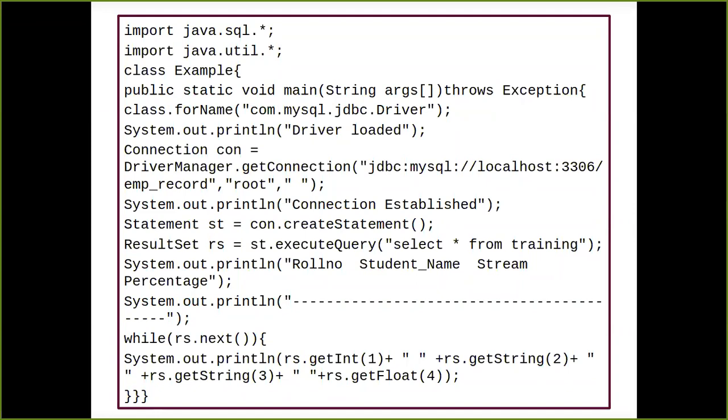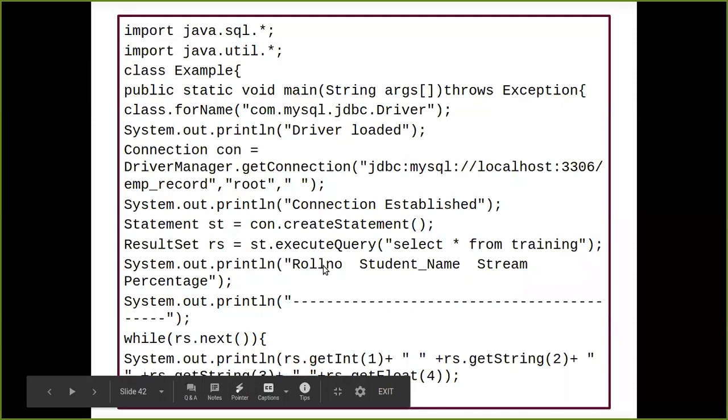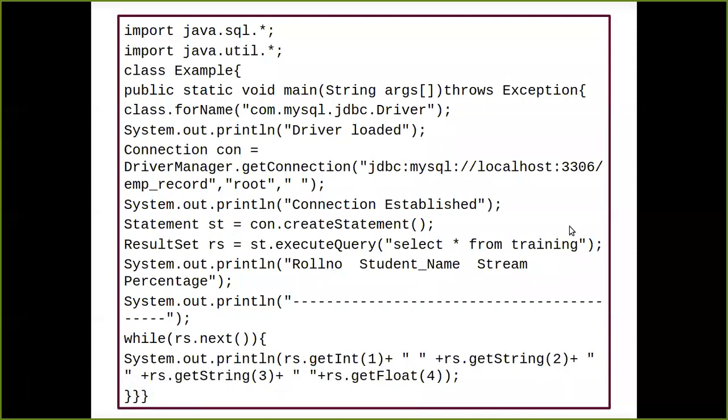Okay, so here I just want to show the table to my client. No table is going to generate automatically in your web page. You have just said select star from training, which means your data is going to be fetched from the database, but showing it in table format is not going to happen automatically, so we have to design it. So what I am doing over here is considering that I am going to have 4 columns in my training table, that is roll number, student name, stream, and percentage. So I'm simply printing these values in my web page. Okay, so it is going to come like your table.